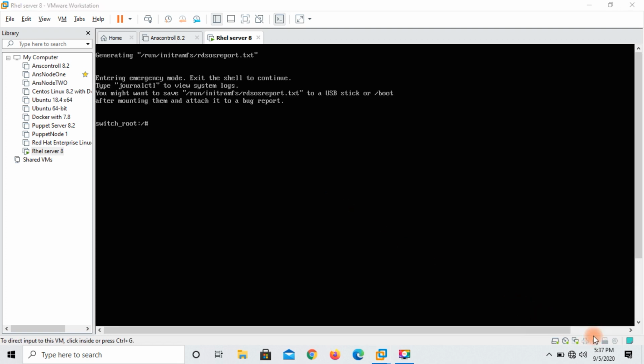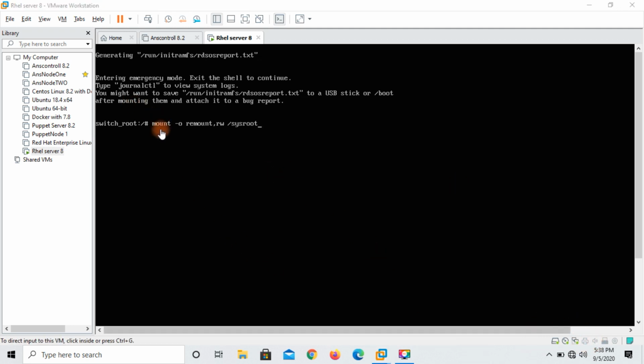Right now my server's hard disk is mounted under the sysroot directory, so you need to remount it. So we have a command: mount -o remount,rw /sysroot.